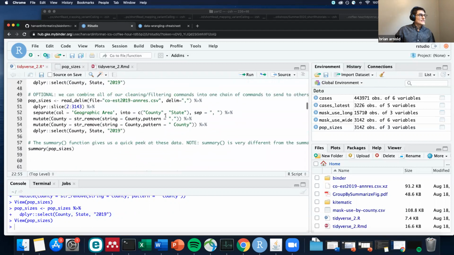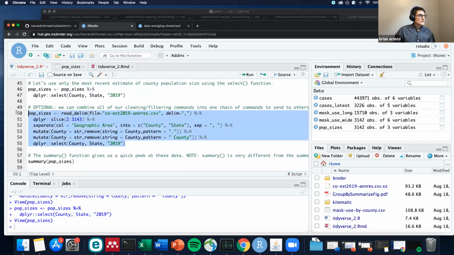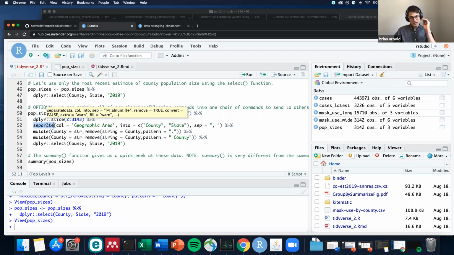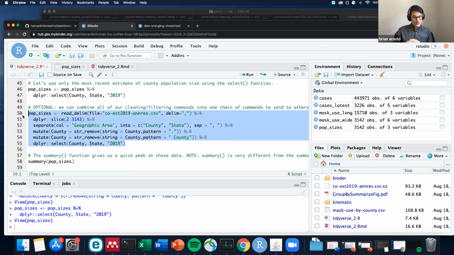And I would then send them this, which is a chunk of code. That's exactly what we've just done, where all of our commands are repeated back to back. So first we read in the file, we pipe the output of that to the slice function. So these commands are executed in a series. So I'd give them the raw file, I would give them this chunk of code, and I would say, that's